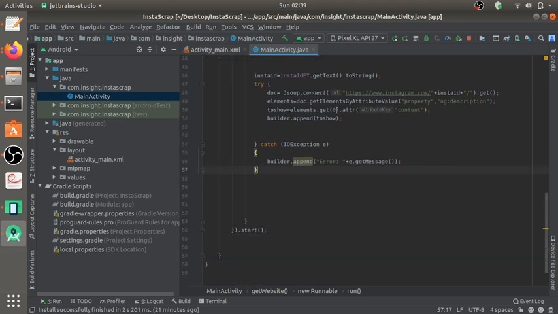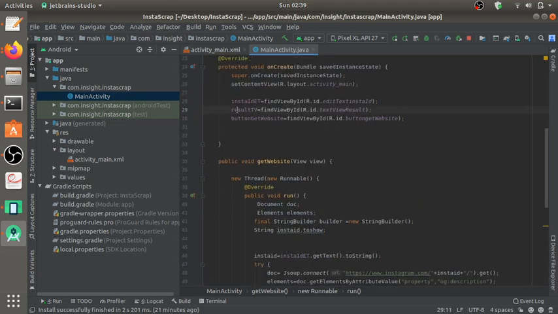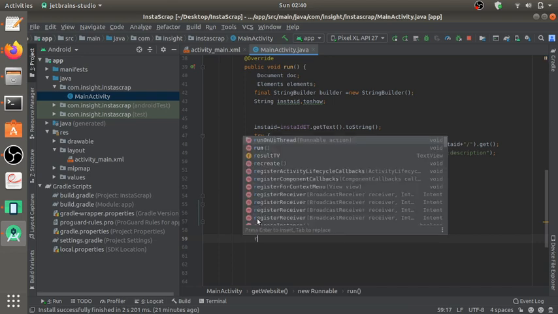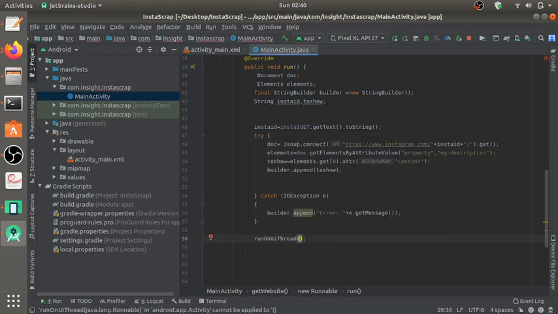Okay, after getting the input, I'll need to display the result. Right now I'll display the result in the result text view. Since it is in a thread, I'm gonna display the result in a thread.